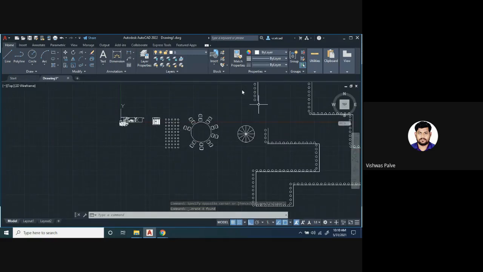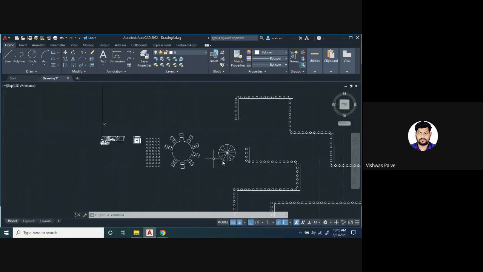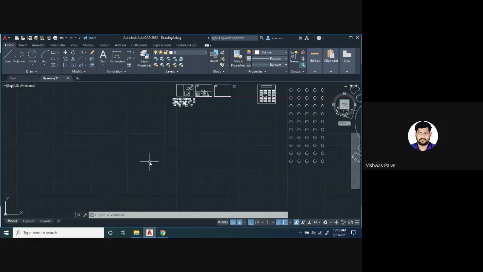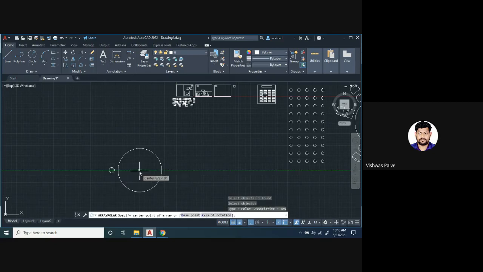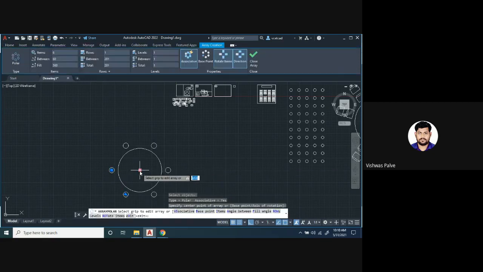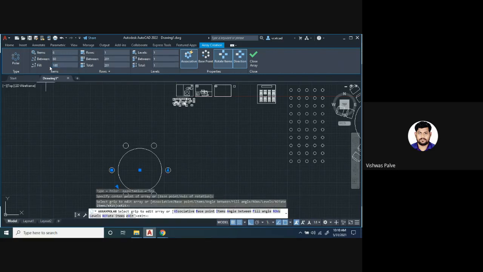Yes, one more feature I want to show in array, polar array. Suppose I want an object to be filled only 180 degrees. That is also possible here. So in polar array, I select this object, select this as a base point, and for the fill angle, I can make it 180, right?